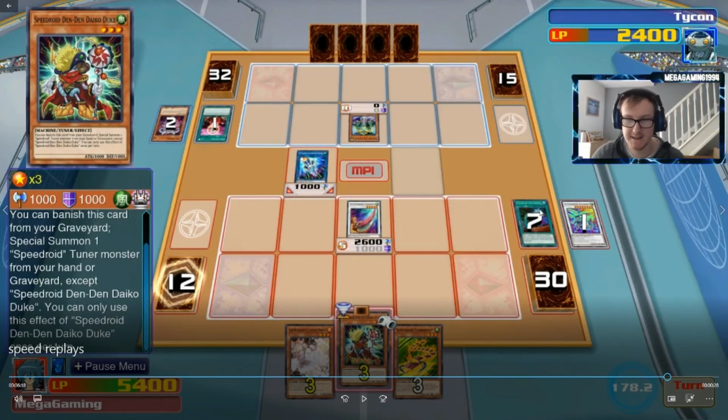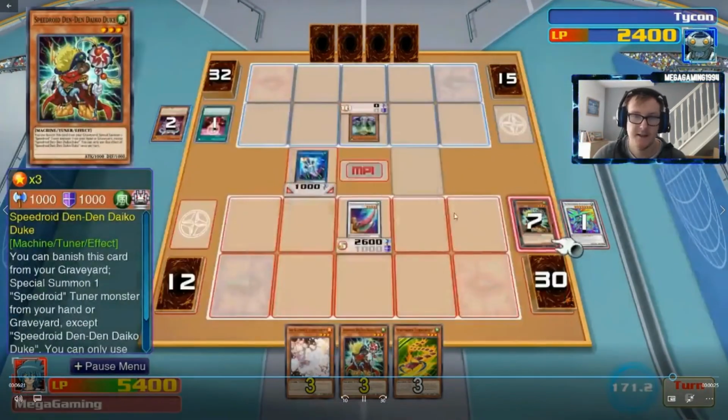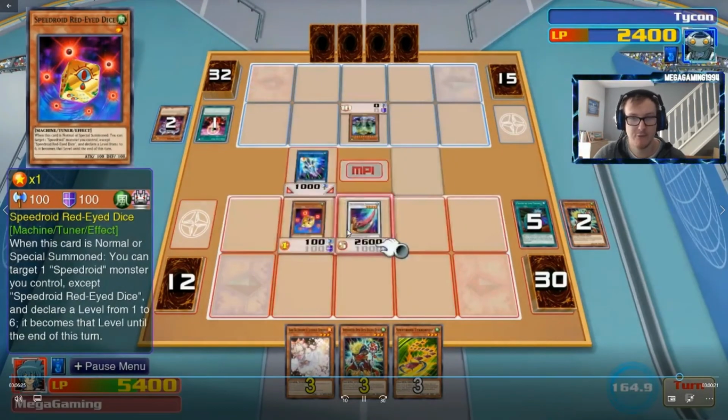Now I don't particularly care what card we drew, guys, because now we've already won. Without any of these cards, we've won just because of Den Den Daiko in the graveyard. So we're going to banish Den Den Daiko from the grave to bring back Red-Eyes Dice, and what we're going to do is go into